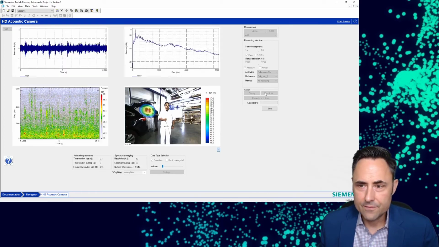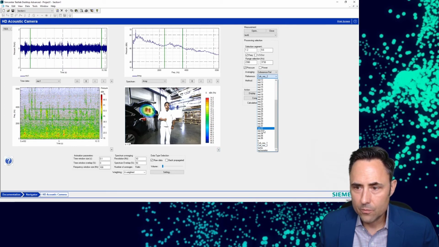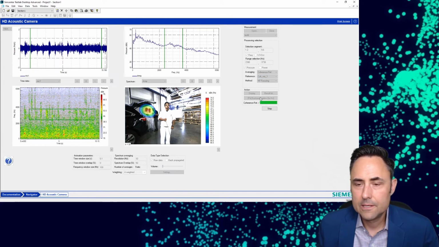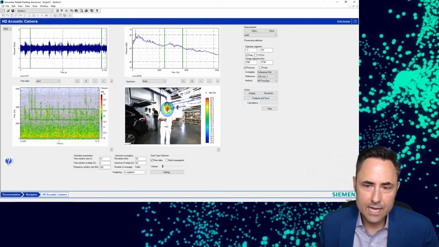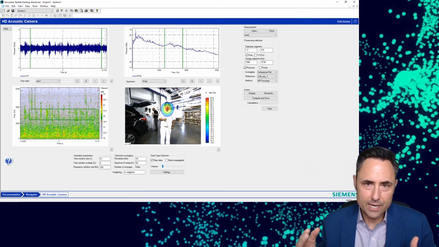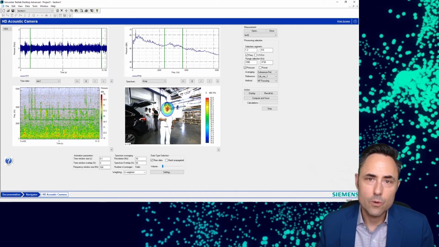Okay, whereas if I go to coherent mic 1 and I show you that result, boom, I can see how much of the contribution he's responsible for, and this sound source disappears. Okay, so I can separate sound sources making the same exact frequency content due to this coherent relationship.